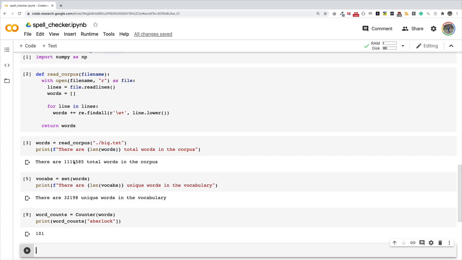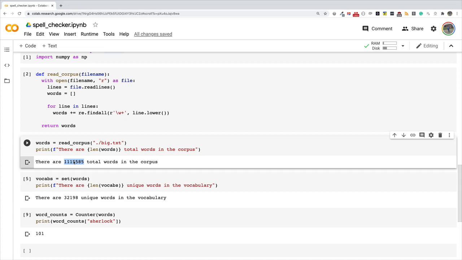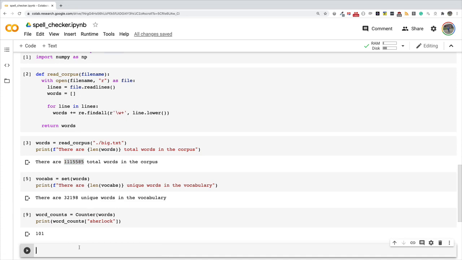We can actually do this, but I don't want to use this hard coded number, because if you change the file, which you will when you're playing with this notebook, then the number ceases to be valid anymore. So let's write code to do that. So I'll say total word count